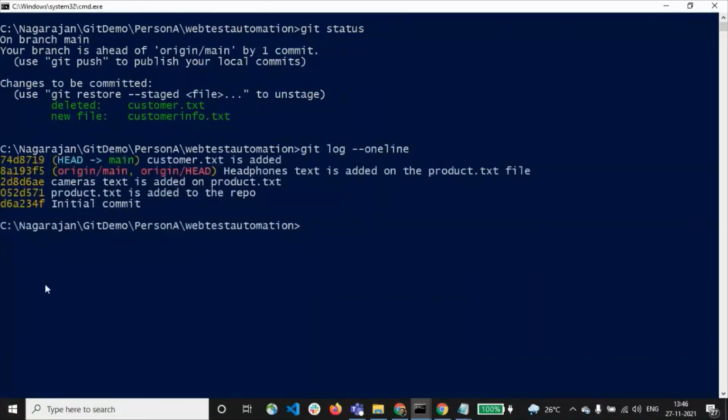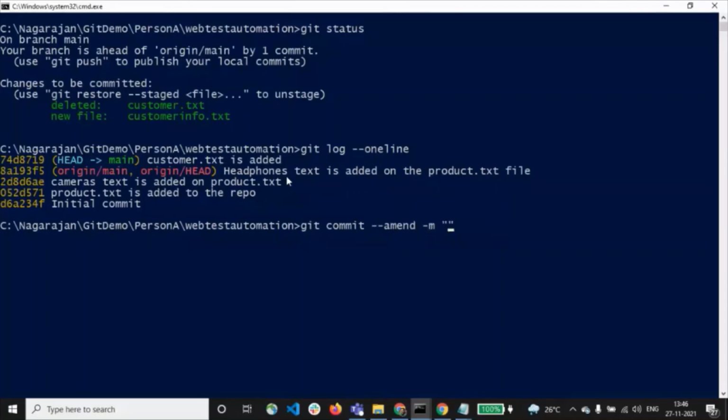Okay. Now, I wanted this change to be part of this recent commit, but it should not be considered a different commit. That is my intention. Let me put git commit --amend.